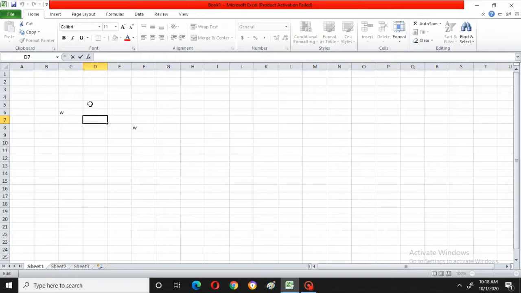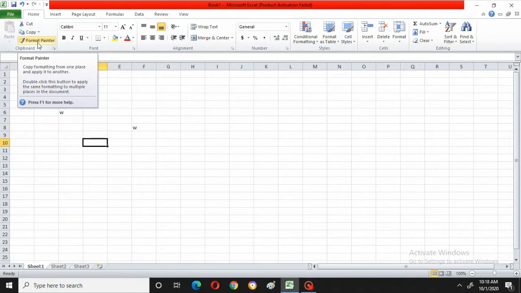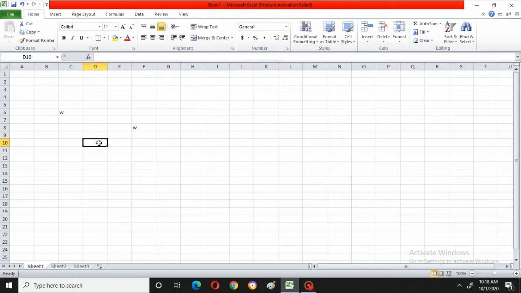So this is how you will copy things. Now I will show you another thing in Excel, which is Format Painter. Format Painter copies formatting from one place and applies it to another. What it means is, suppose you have done some formatting to this particular cell. Now I want this format on another cell. I will not do any formatting on the other cell, but whichever format I did for this should be copied there. So see, I will show one example.